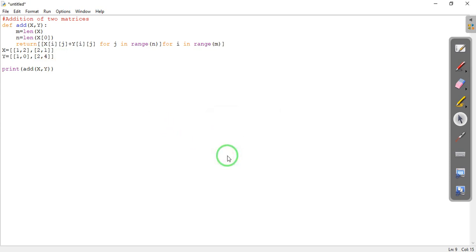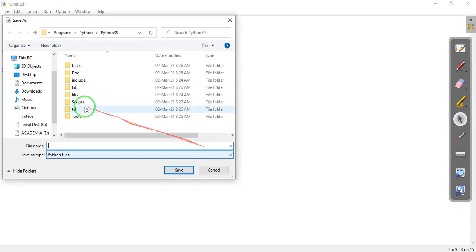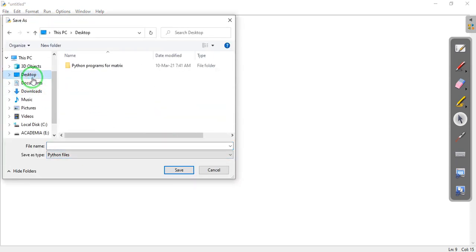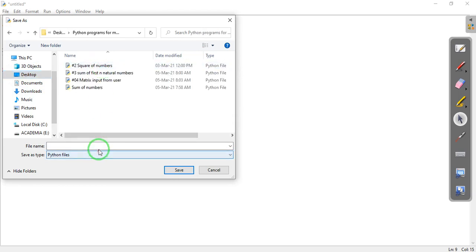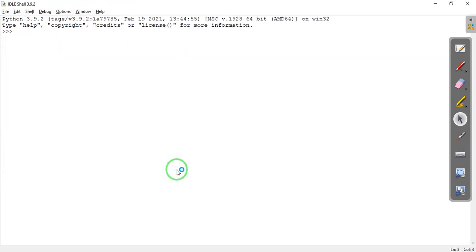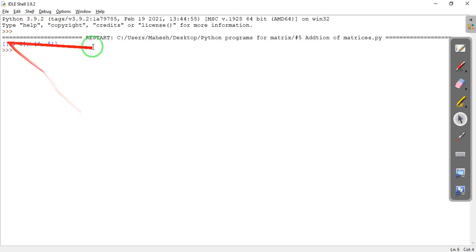As usual, we have to save this on the desktop, in the folder we created for Python programs for matrix, and this is our fifth program, step 5, addition of matrices. Let's save this, and it will run and give the answer.